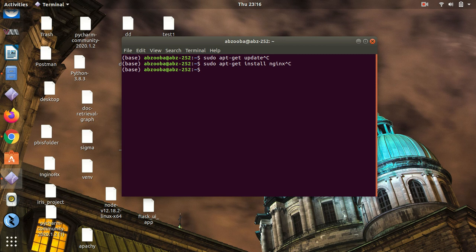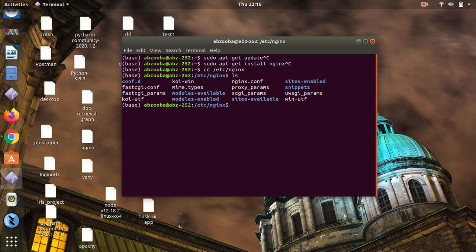After installing, nginx will automatically create 2 folders inside your Ubuntu. One is sites-available, and it will create lots of files, but we are interested in 2 folders: sites-available and sites-enabled.